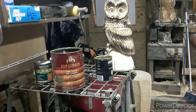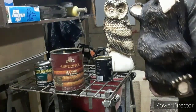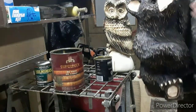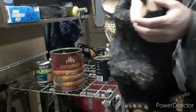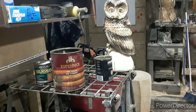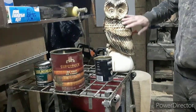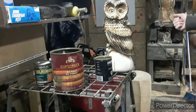When I varnish my bears, I always start off with the snouts first, and I do the ears, and I do the pads. Any of the lighter areas I do first. Let that sit for a minute, and then go in and varnish all the dark stuff. And you can paint right over the light stuff even after you've got darkness on it, because you're going to